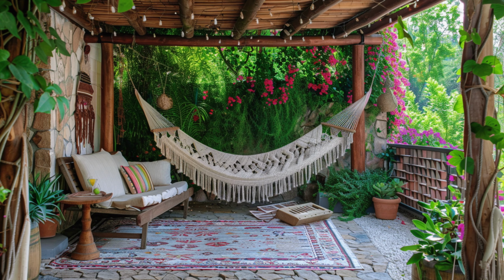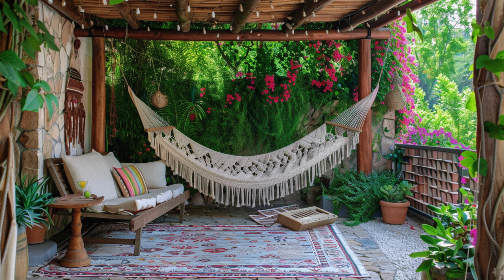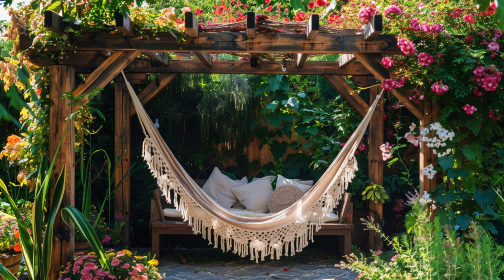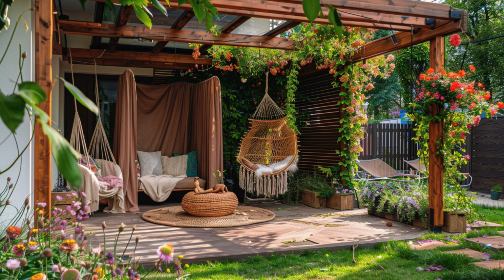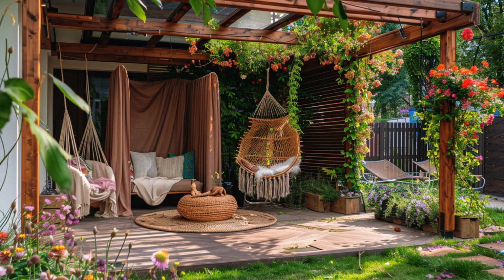A cozy outdoor terrace designed in a bohemian and rustic style. The space features a handmade macrame hammock hanging between wooden beams, inviting relaxation amidst lush greenery and blooming pink bougainvillea flowers. The natural stone wall and bamboo ceiling add a warm, earthy charm, while string lights draped overhead create a